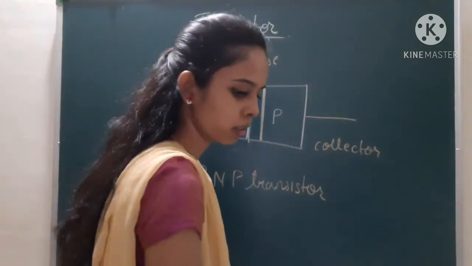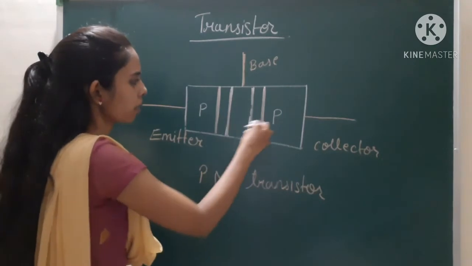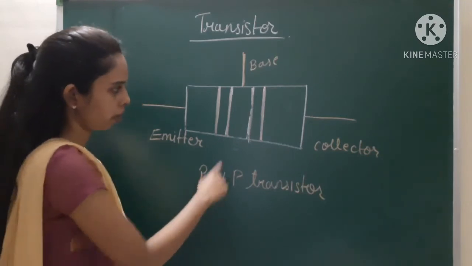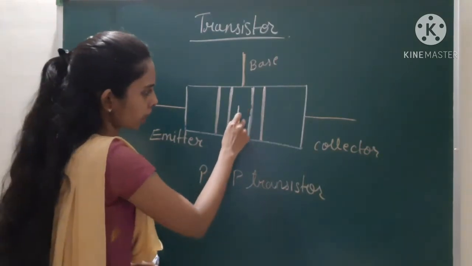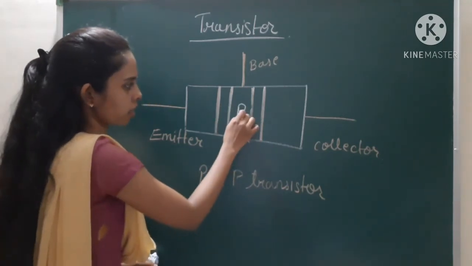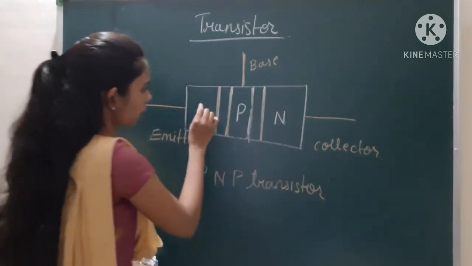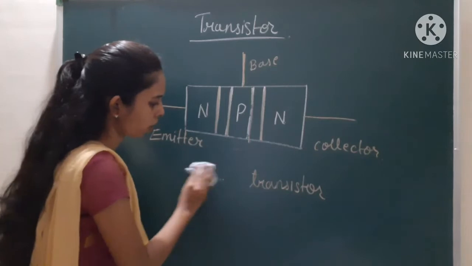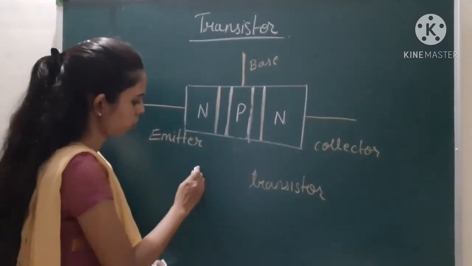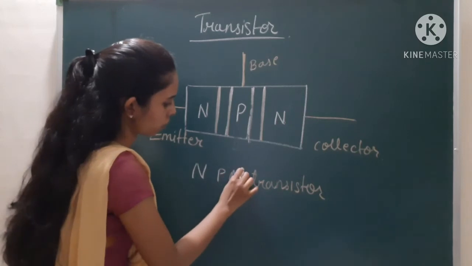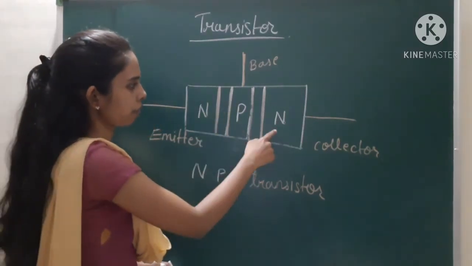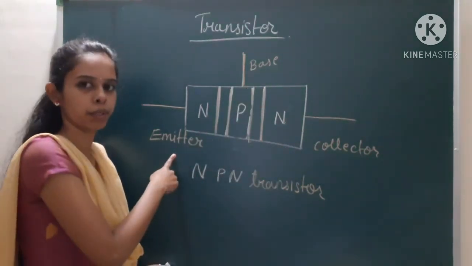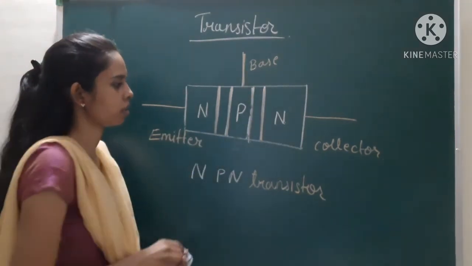Now there is also another transistor. Over here we have used N as the middle portion. Now we can use the middle portion as the P region, and the two side regions as N. This type of doping is called the NPN transistor. Even if it is different, it will have the same terminals, that is base, collector and emitter. So this is what the transistor means.